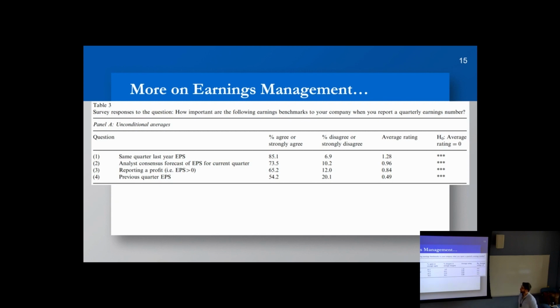Yeah. Managers are looking to at least meet the level, right? But why the last year's focus over the immediately preceding quarter? Exactly. Similarity, right? Having a relative basis to compare. What we know is that over the course of a year, spending habits can change, right? If you're a retailer, very often the holiday season around December is going to be a huge portion of your sales during a year,